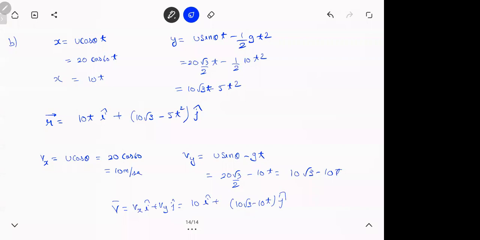Have a look at the B part. B part is a very good one. We are going to do questions based on this, but in the entire thing, right? B part is one of the very good ones. You should know this: position vector, velocity vector. You study this in vectors. If I give you x and y coordinates, you can find the position vector. If I give you horizontal and vertical velocity, just put i caps and j caps, nothing much.